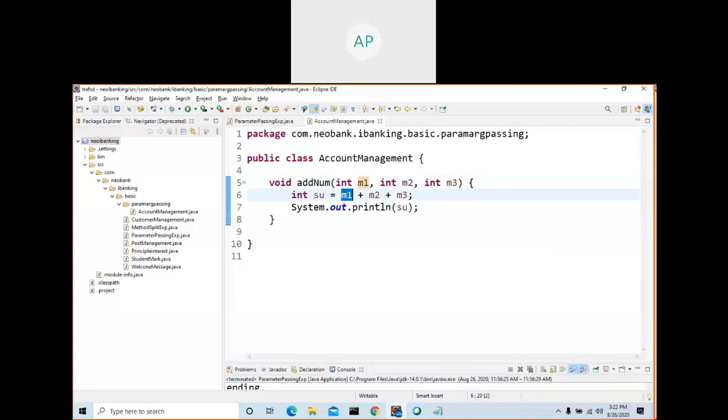We are adding all, and the sum should be assigned here. If you are not doing this, what will happen? Your JVM adds M1 plus M2 plus M3, where is it going to store? A variable.